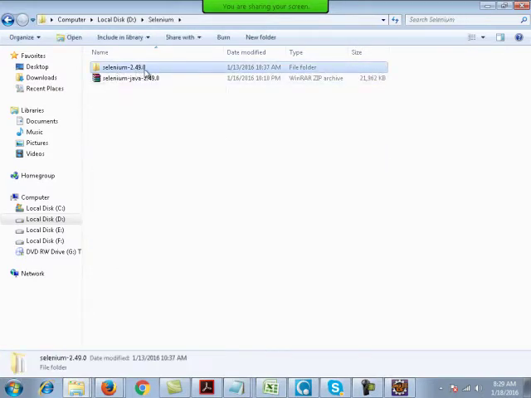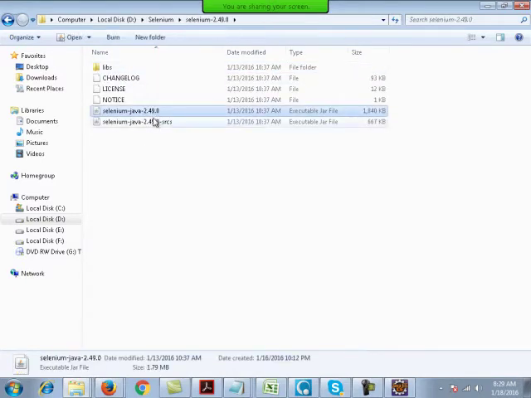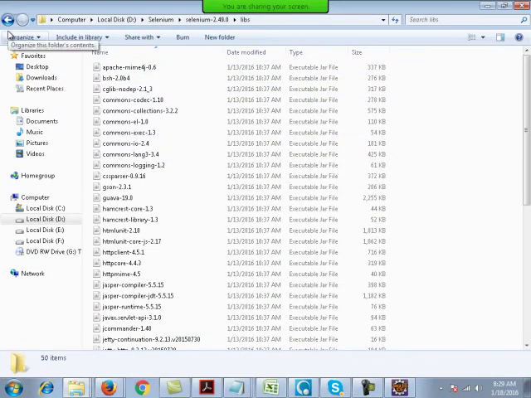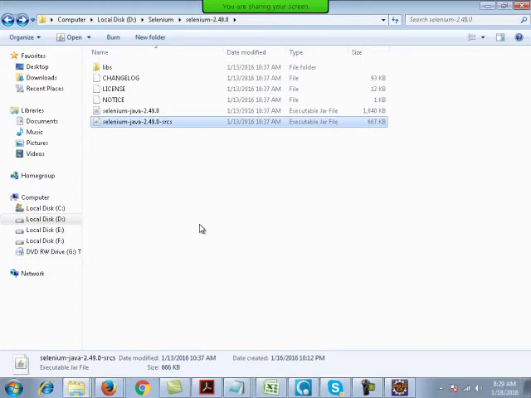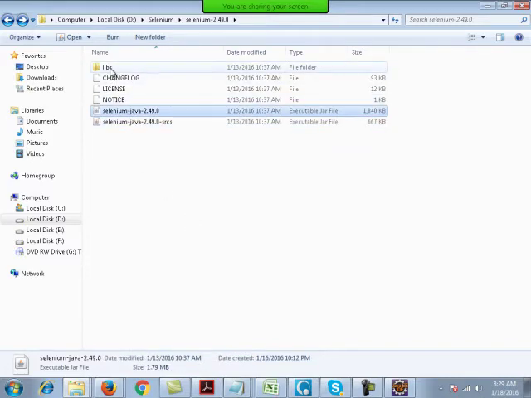I have it over here on the D drive. When you download this zip package, you will have these two jar files, and along with that, in the libs folder you will have many other jars as well. You can ignore this sources jar. It holds the source code of Selenium. Selenium is open source, free of cost, and anybody can download the source code. So just ignore the last one, the sources jar file. What you need is this jar file and the other jars present in the lib folder.